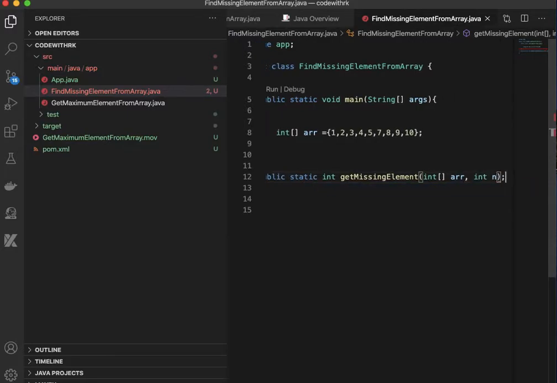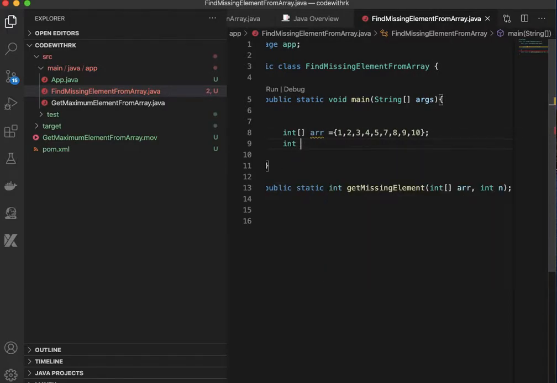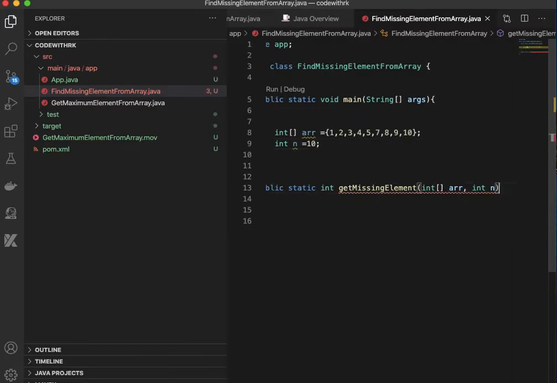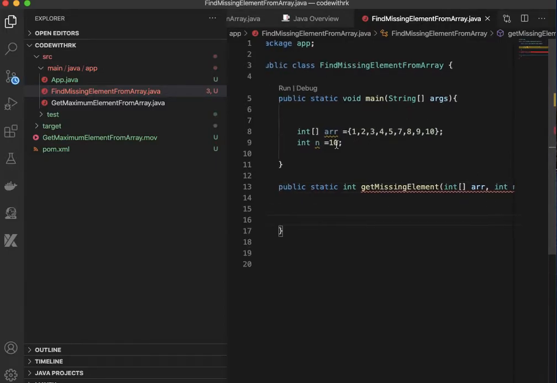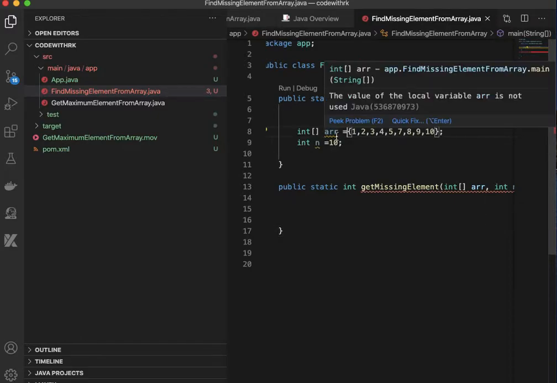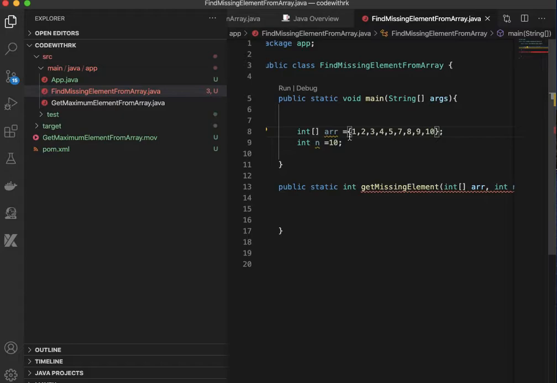So here I can declare int n equal to 10, because now I know that my array size is 10 and the array provided to me has a size of 9. So I need to find that one missing element from that array.